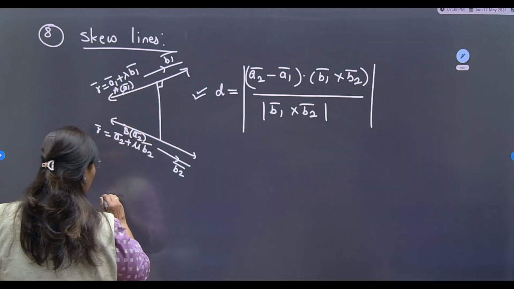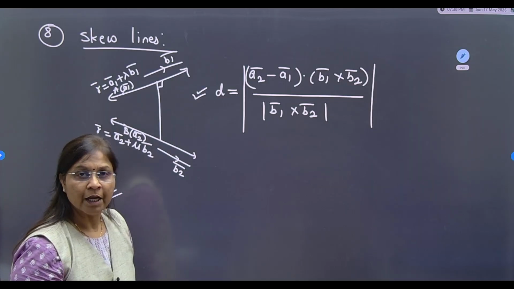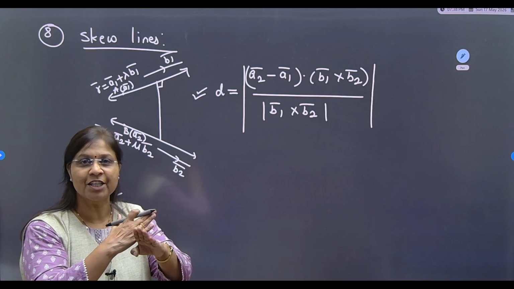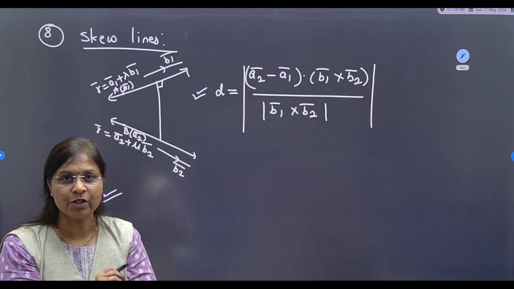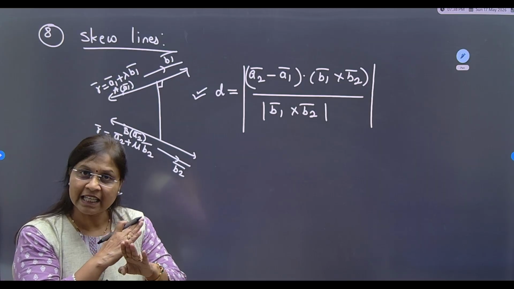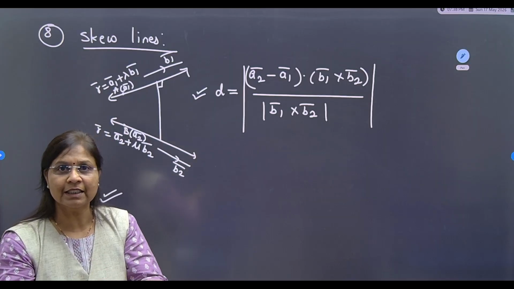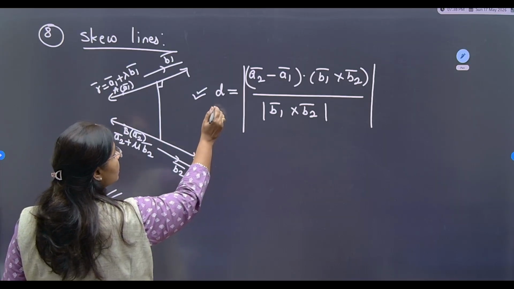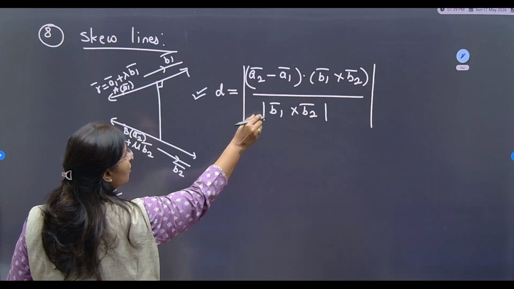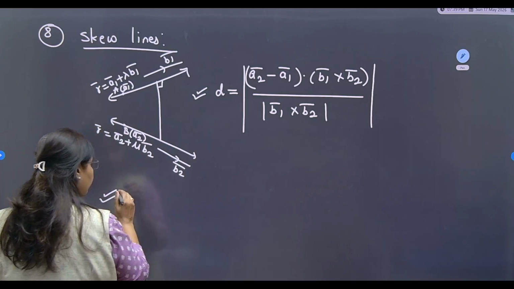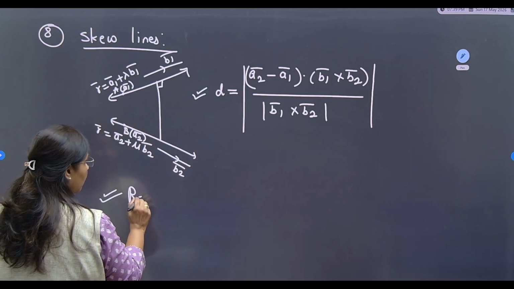Then the next most important formula: if two lines intersect with each other, then the shortest distance is equal to 0. That is, D is equal to 0. Then the upon term becomes multiplied by 0, and 0 into anything is 0. Therefore, most important remark,